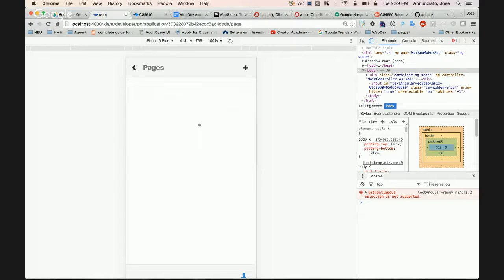So I don't have any pages. So let's create a new page. So the basic layout of Twitter or any of these applications that allow you to post content, like blogging sites or Facebook or Twitter, is that you have a running list of the things you've posted, right? Perhaps in reverse chronological order, right? And then you have a dedicated page that allows you to create the post, right? So let's create 2 pages.